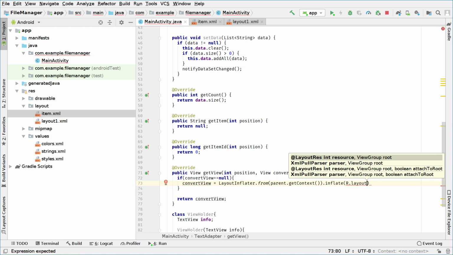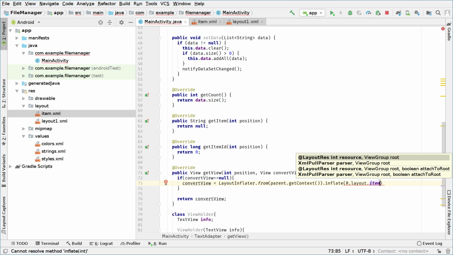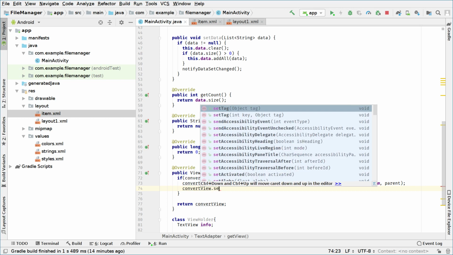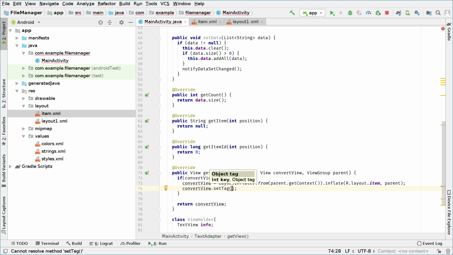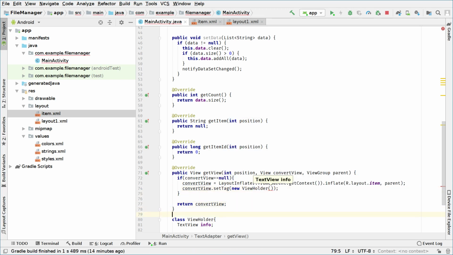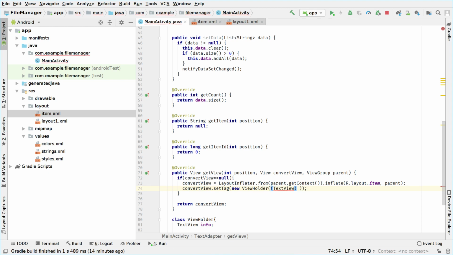So R.layout.item. Okay, and now we also have to pass the parent to complete the passing parameters. Okay, right now we say convertView.setTag, which is setting the information right here, to new ViewHolder, which is the one we created here recently. Okay, ViewHolder, and we will cast the ViewHolder to TextView, which we'll cast in the convert view. So convert view